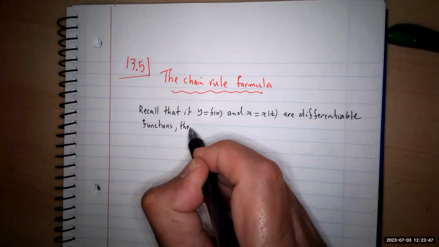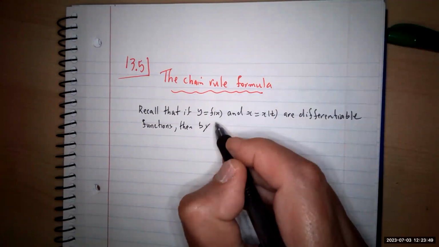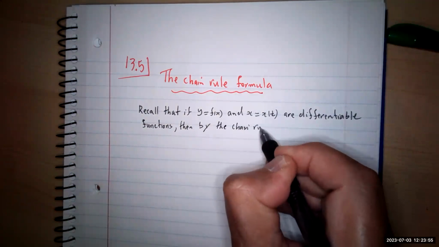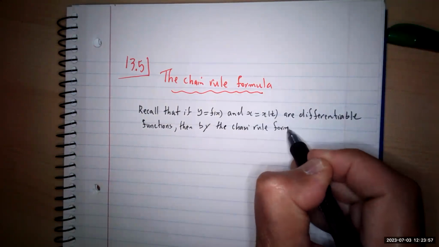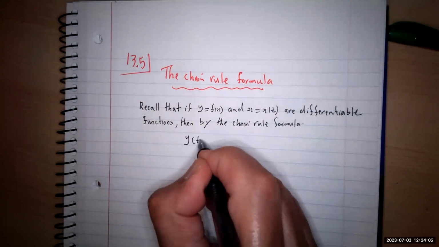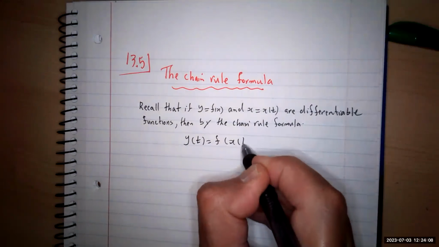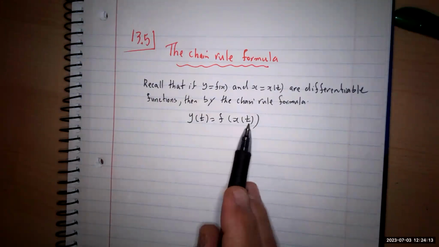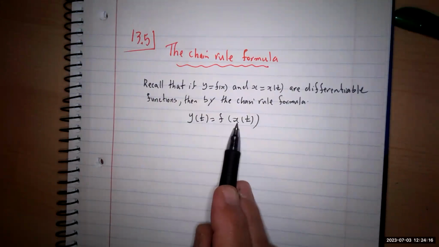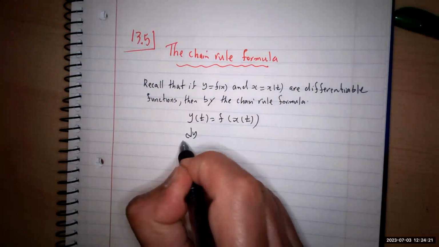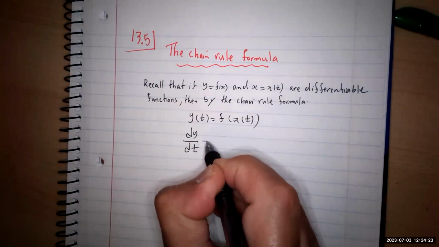And then, if you want to differentiate it, by the chain rule formula, you know that the situation is that you get y of t equal to f of x of t. So when you use the chain rule, this is a composition of two functions. Outside function is f, inside function is x, okay? So if you differentiate with respect to t, dy dt is going to be equal to